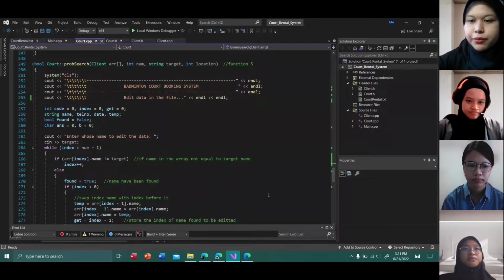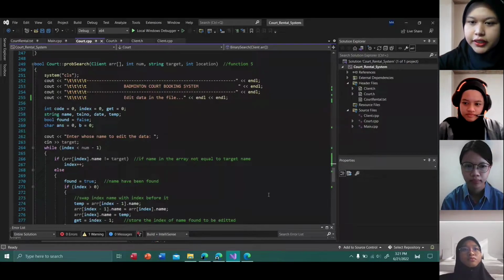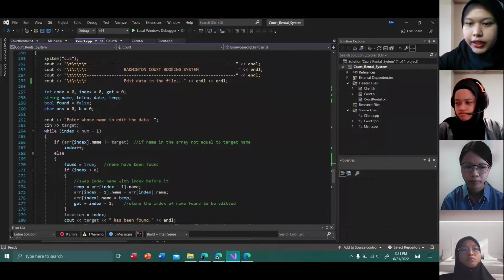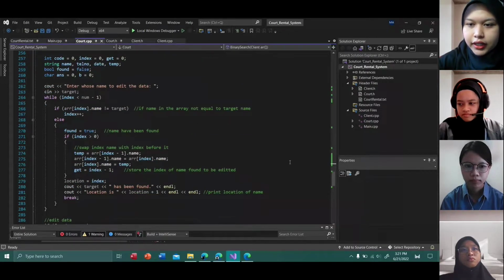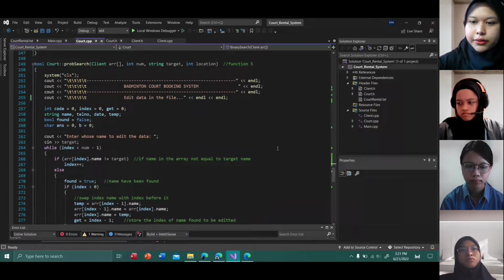First of all, we are using probability search for this function and also declare the boolean as the function data type, where the boolean data type is declared with the bool keyword for the code and can only take the values true or false. So over here, we use probability search for the client array, integer number, string target, and integer for the location. This line here is all the system header where we can see the option to edit the